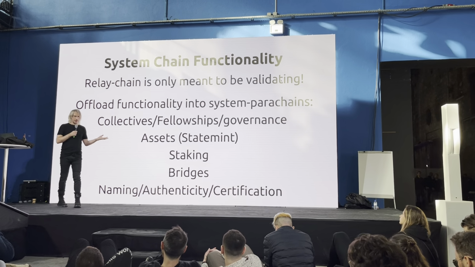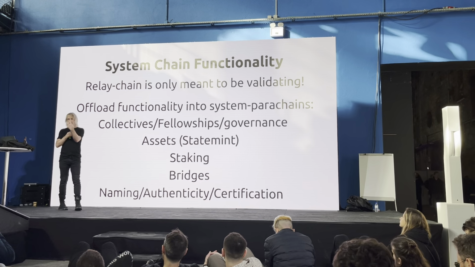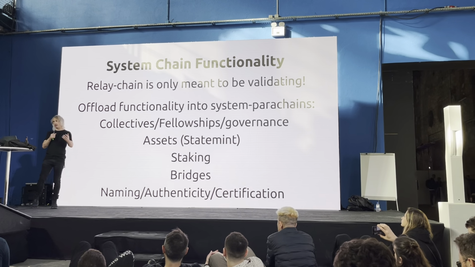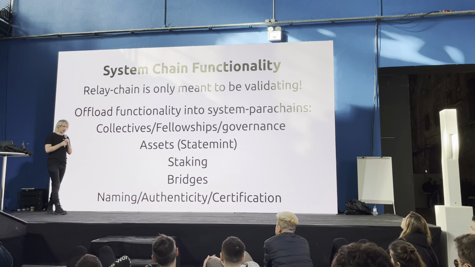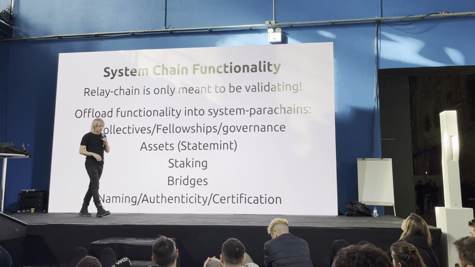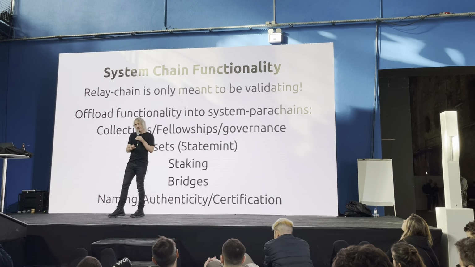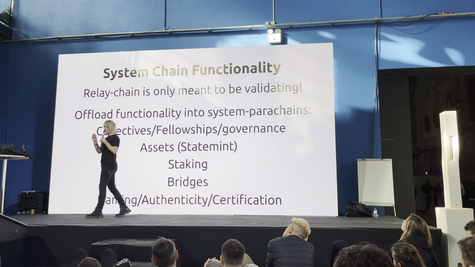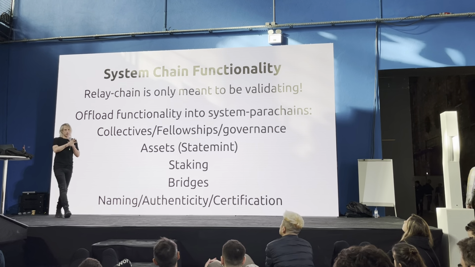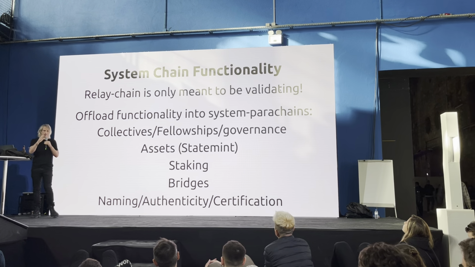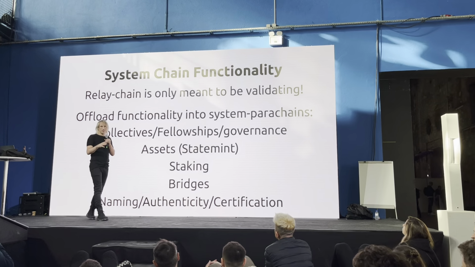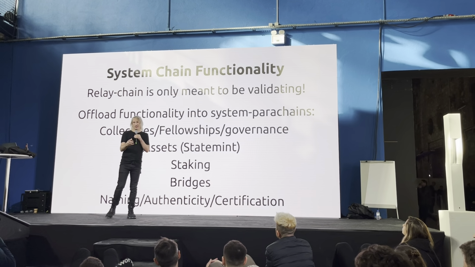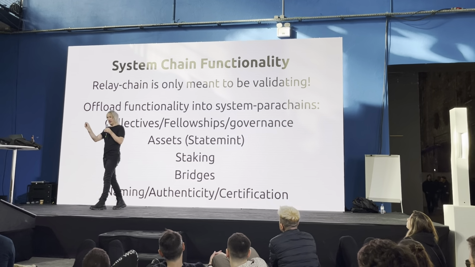The relay chain was never meant to enclose so much functionality. It's really there just to secure it. In fact, calling it a relay chain, it always niggled me a bit. In reality, it should be the security chain, because, at least when XCMP is properly finished, it won't really relay anything. All it will really be doing is making sure that parachains are running securely.